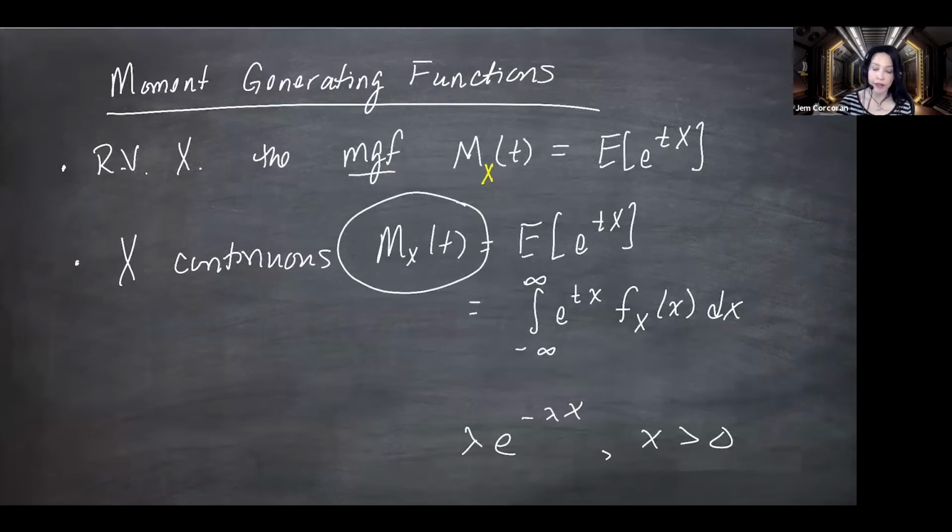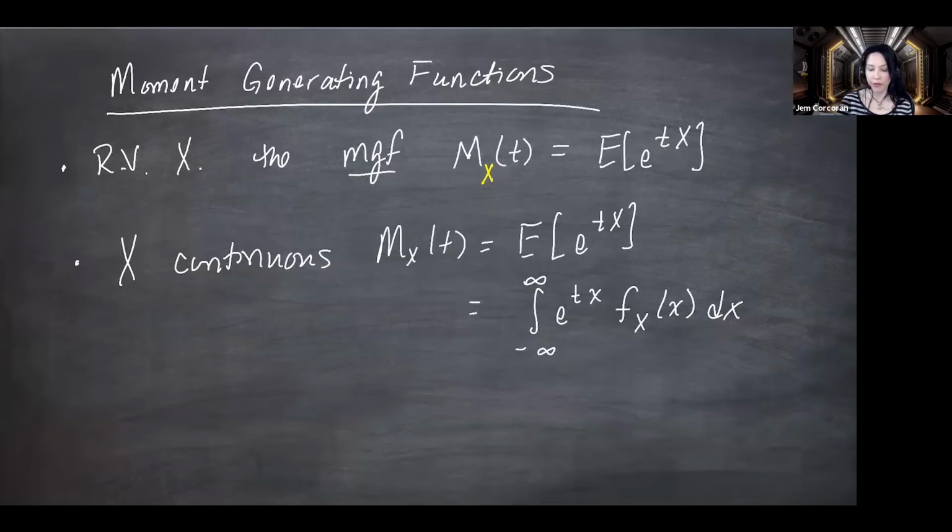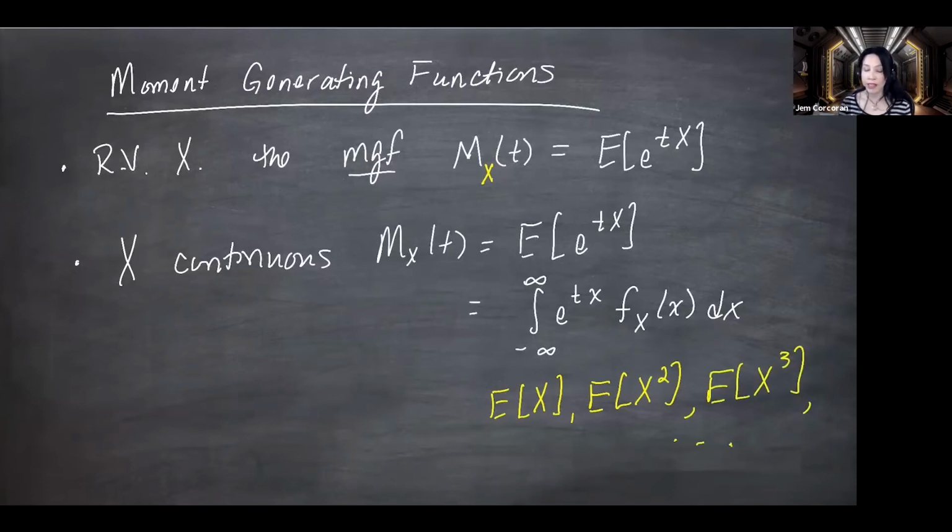So it's called a moment generating function because you can use them to generate things called moments, which I don't even want to talk about. This is going to be really brief, but moments of a distribution are these expectations, the expected value of x, expected value of x squared, x cubed, on up. These are known as moments of the distribution. And you can get these from a moment generating function by taking some derivatives and plugging in t equals 0, and I kind of don't care about it at all for that. But I do care about the fact that it uniquely determines the distribution. What do I mean by that?